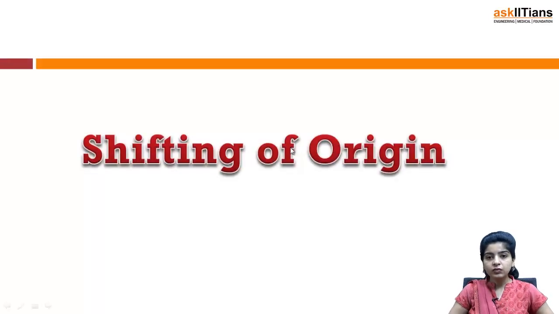So let's begin. Moving further in area under curves, we shall now be discussing other important topics like shifting of origin, curve tracing, and then we'll be discussing various examples based on these concepts. So when we talk of shifting of origin, the main concept behind this is that we know the area remains invariant, that means it remains unchanged, when the coordinate axes are shifted, and therefore this shifting of origin really helps us in various questions. Our computations become quite simpler when we shift the origin, right? You'll get to know this when we discuss the question.